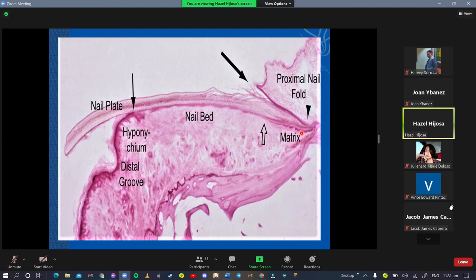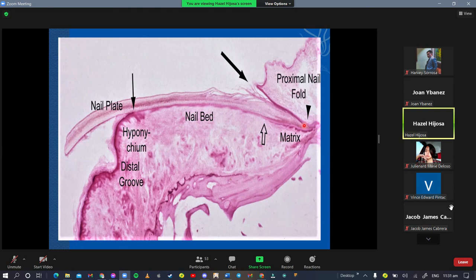This is where the formation of nail substances will occur, and it contains numerous cells, one of which is your stem cells, that will regularly divide and migrate towards the root of the nail, and here they will differentiate and produce the hard keratin of the nail. Hard keratin does not desquamate, and it contains high sulfur, which is responsible for the